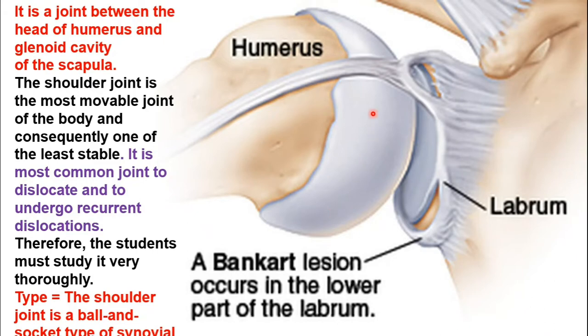The head of the humerus is lined with hyaline cartilage, and the glenoid cavity, from its side, is also lined by hyaline cartilage to prevent friction between the 2 bones. And this glenoidal labrum only increases the stability and the gripping of the joint, because the head of the humerus is larger than the glenoid cavity. Which type of joint is this shoulder joint? Ball and socket type. It is a ball and socket type of joint.